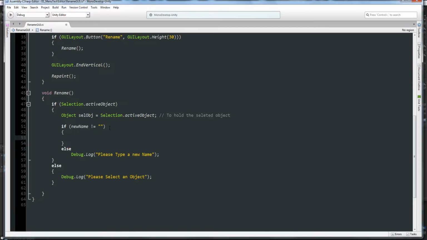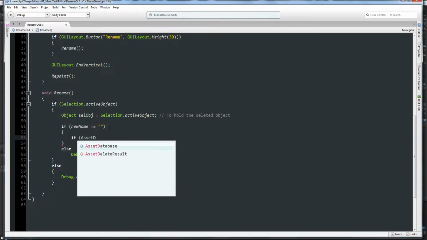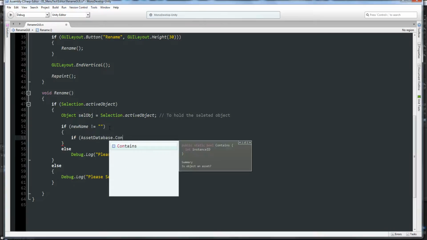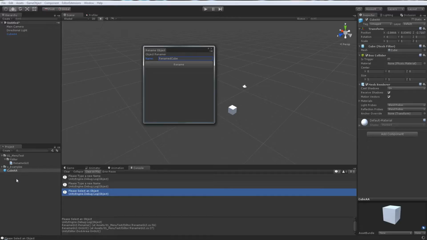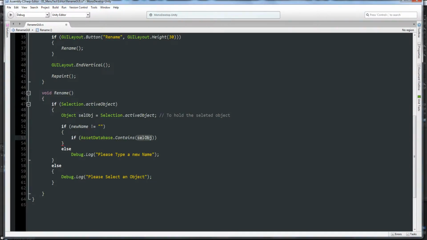How we can do that is by saying AssetDatabase.Contains, and we're going to say selObj. The asset database is pretty much everything that's in the project window. Actually, we're going to say if it doesn't contain the selObj,